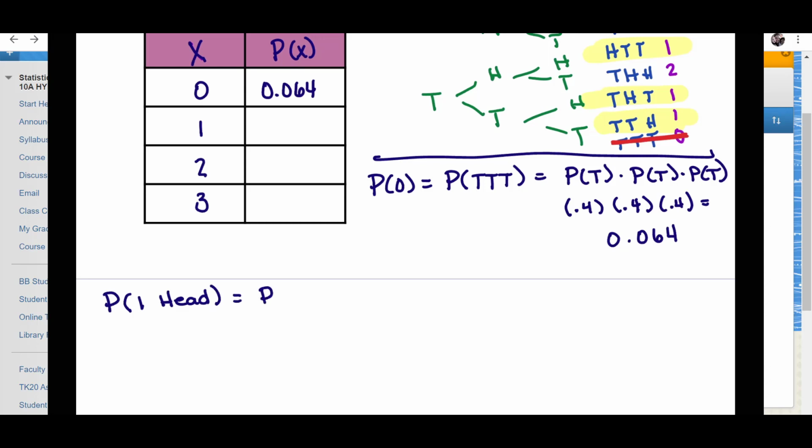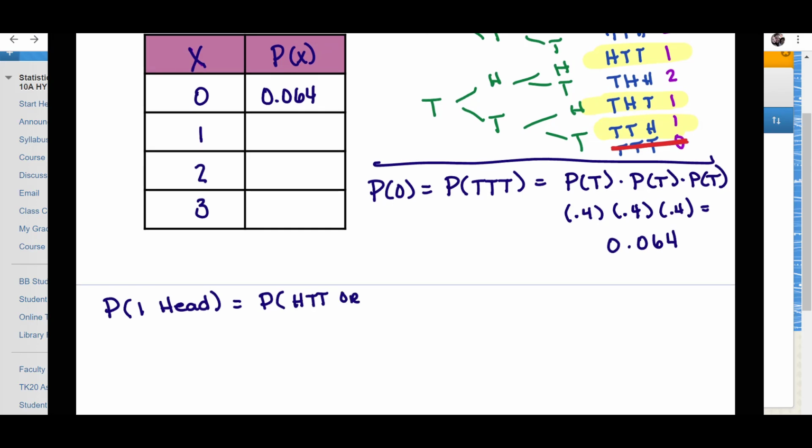So that could be the probability that we get heads, tails, tails, or we get tails, heads, tails, or tails, tails, heads. And because this is or, you find the probability of each one of these events, and we add them together. And they're not mutually exclusive, so you don't have to subtract any overlap. But to find each one individually,